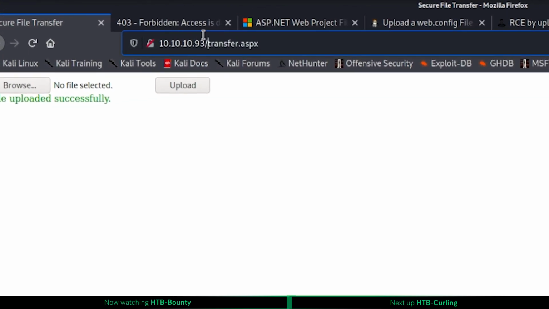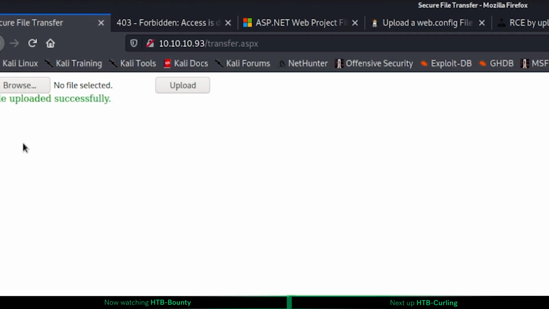In this video, we will see how to exploit a code injection vulnerability using a Hack The Box machine called Bounty. This is a pretty cool machine which allows you to upload config files and get a reverse shell at the end of the video. I already did some basic enumeration and found this file transfer.aspx, which allows me to upload some files. After doing some extension brute forcing, I realized that the only file extension that I can upload is